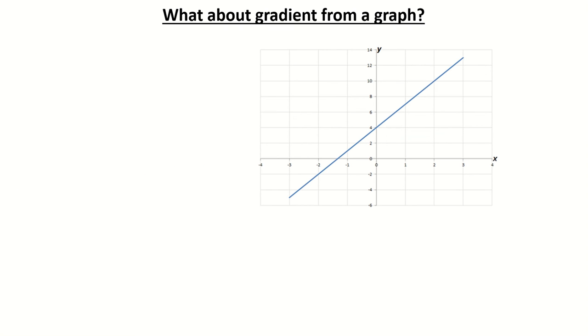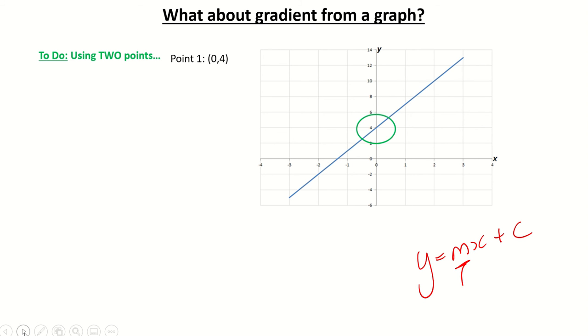Okay, in this video we're going to learn how to find the gradient from a graph. So you can see here we've got a straight line on our Cartesian plane and we're going to find its gradient. So in the form y equals mx plus c, we're going to work out how to find this. So the first thing we need to do is find 2 points that we can read off of our graph. So for example, I can read this point, 0, 4, and I can read this point, which is at 2,